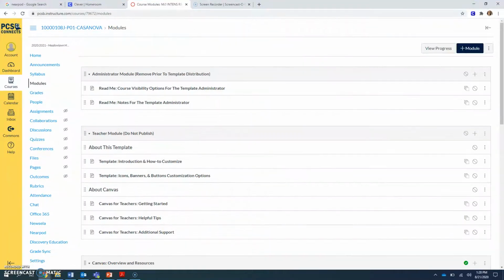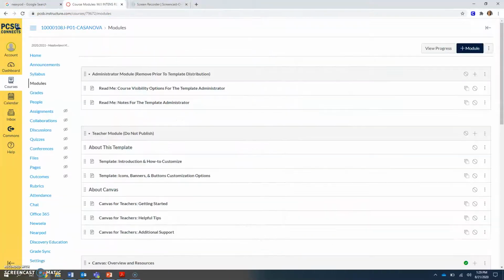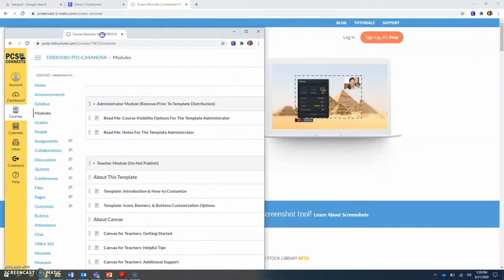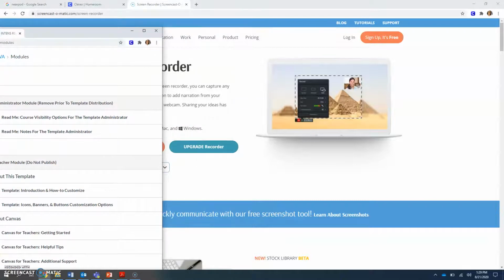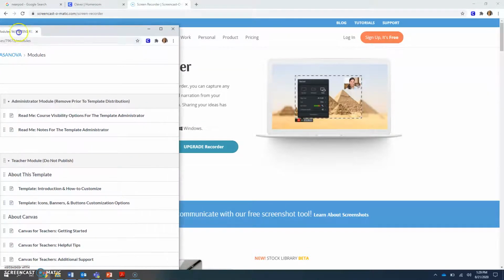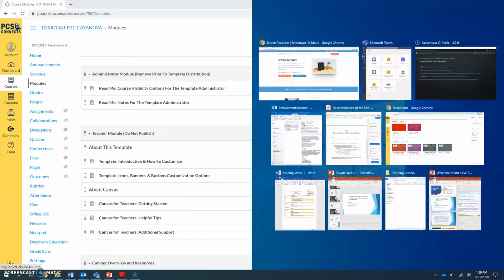Now another way to do this, and I'm not sure if it will work for everyone, but you can click on the tab that you want to put in half your screen, and without letting go of the mouse, you're going to drag it down using your other finger, and then you're going to push it over to the side, not all the way to the top because then it'll just come back in, but leaving a little space at the top, you're going to drag it over to the side, and you're going to see like a transparent box appear. And when your mouse hits the very edge, you're going to let go, and it's going to pre-format